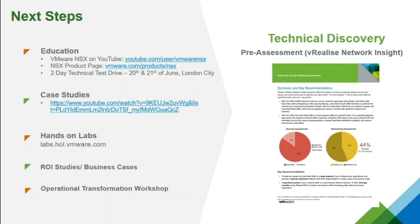But then also we have the offer to take you and for you to sign up to 2-day technical, we call them test drives. And these are fairly, as it says on the tin, technical deep dives into NSX. They're typically 2 days long, giving you the opportunity to go through the use cases in a lot of detail. But not just that, also giving you the opportunity to do some hands-on practice, because we appreciate that this is